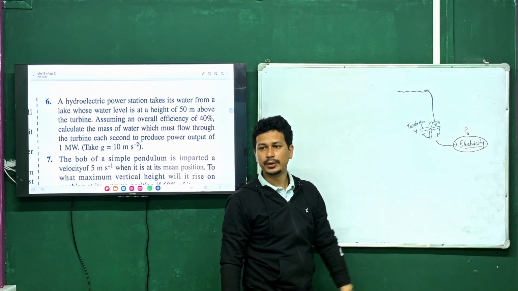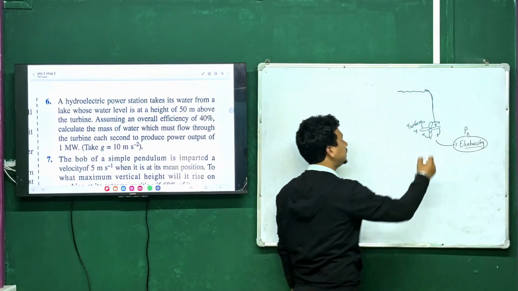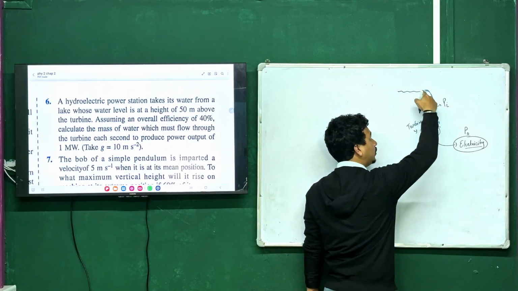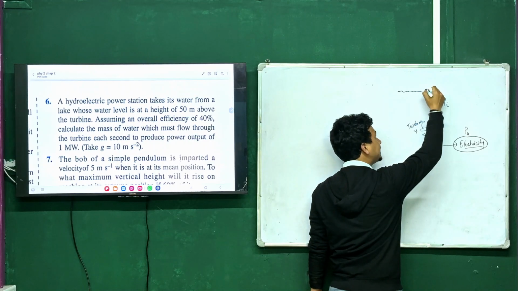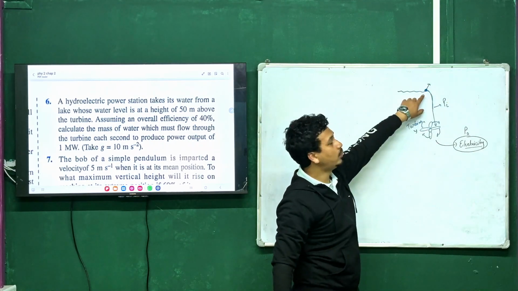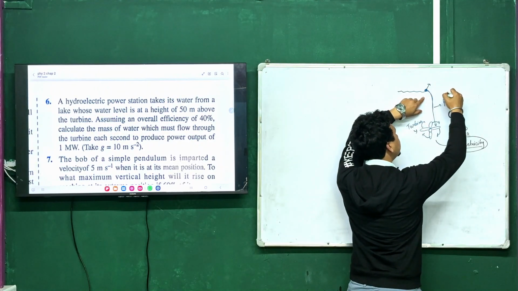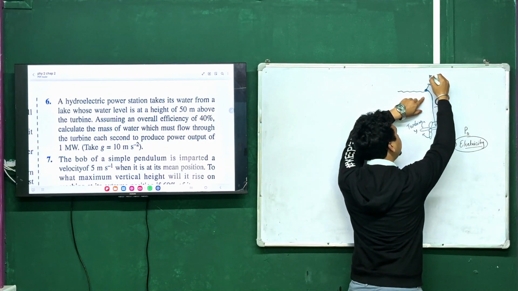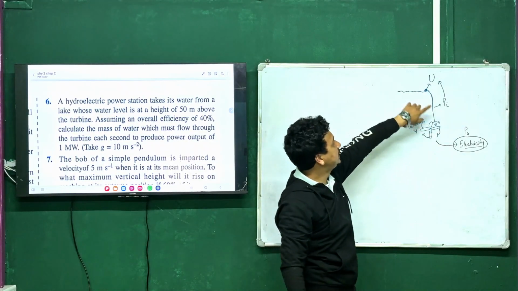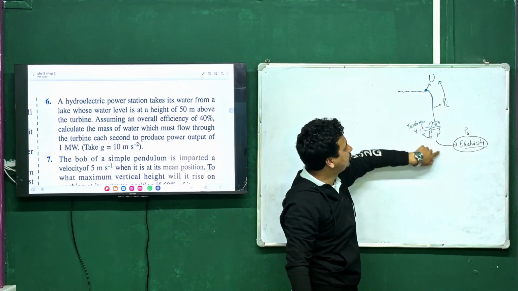So where is the power input? Who is giving the power input? The water, right? So the water is giving the power input. Now the water has energy stored in terms of what? What kind of energy does the water have right now? Potential energy. So that means this power input is due to the potential energy of the water. Yes. So basically, the potential energy of the water is being converted to